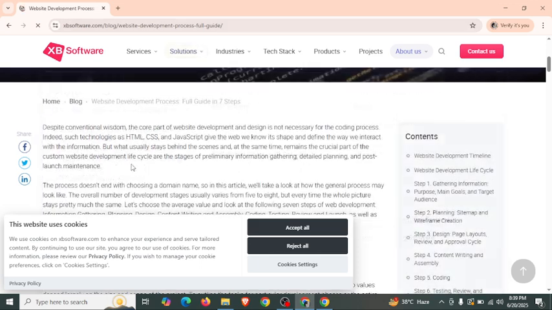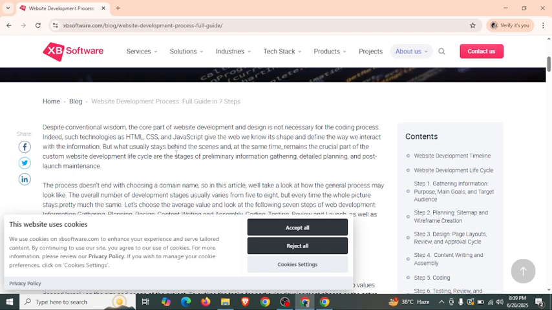Despite conventional wisdom, the core part of website development and design is not necessarily the coding process. Indeed, technologies such as HTML, CSS, and JavaScript give the web we know its shape and define the way we interact with information.